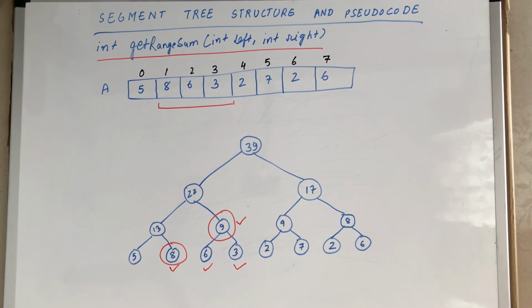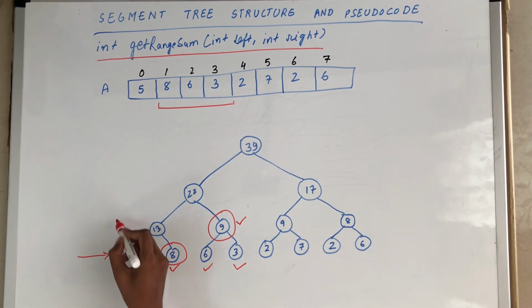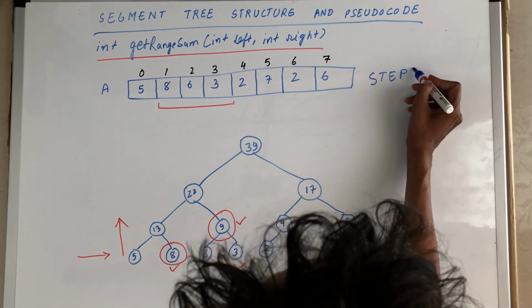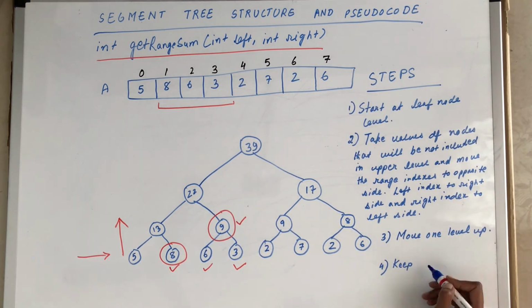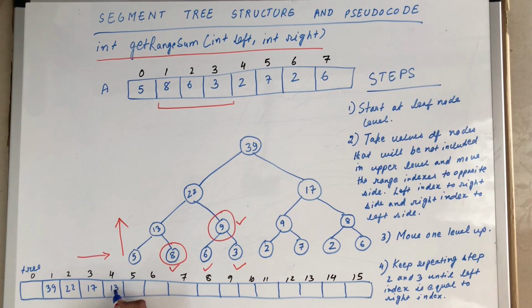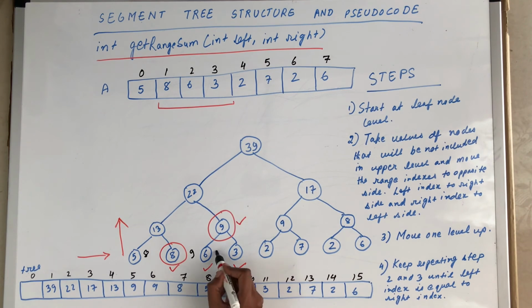The idea is to start at leaf node level and go up to root level, and each level taking only those values which will not be available in upper level. I will write the steps to calculate range sum using segment tree and then go over each other. To start at leaf node level, we add n to left and right argument. Let's examine the segment tree and array representation to understand which node we take and which node we leave at a particular level. I will also write the indexes of the tree array corresponding to nodes in diagram.